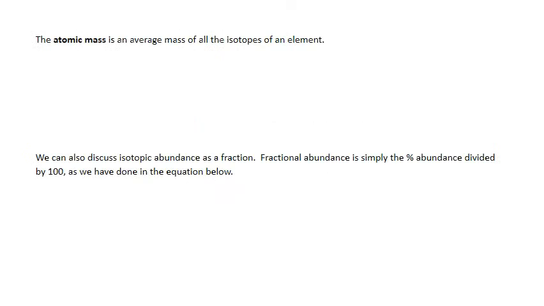When we talk about the average atomic mass of an element, it turns out that every isotope of an element contributes to the average atomic mass. So we talk about the protons and the neutrons providing the majority of that mass, but if I have more of one isotope than I do of any of the others, it's going to provide a greater weight to that total average atomic mass. So think about it the way you think about